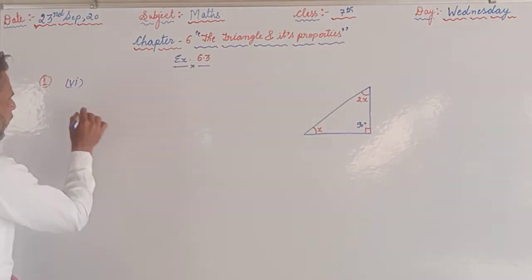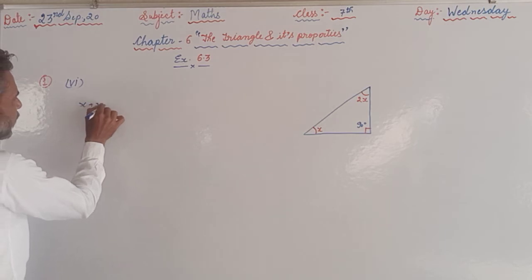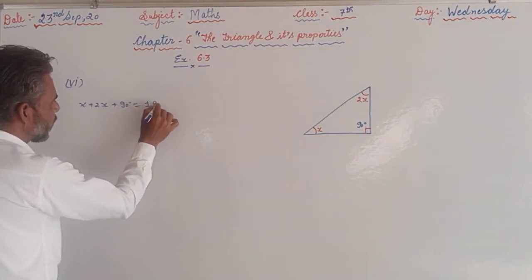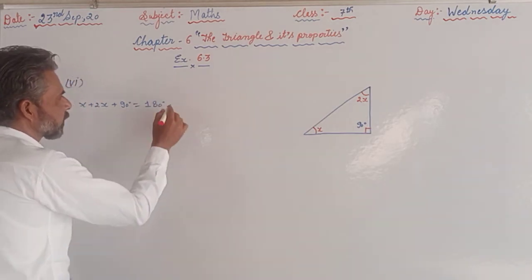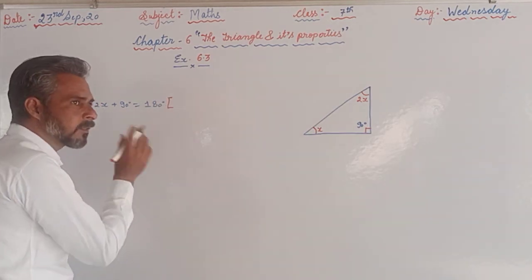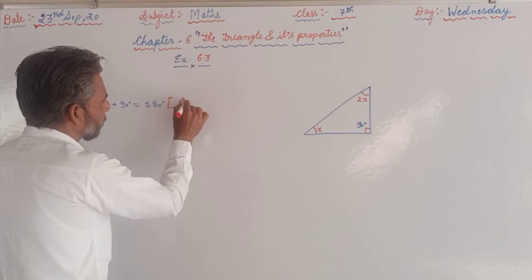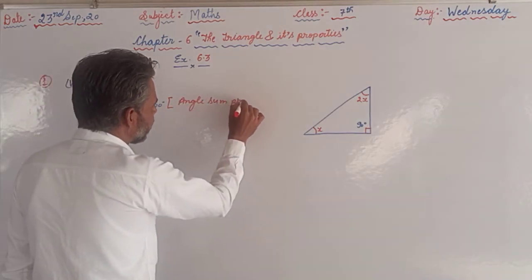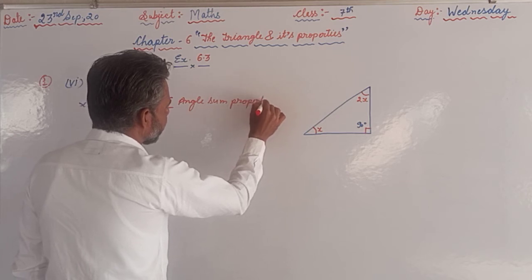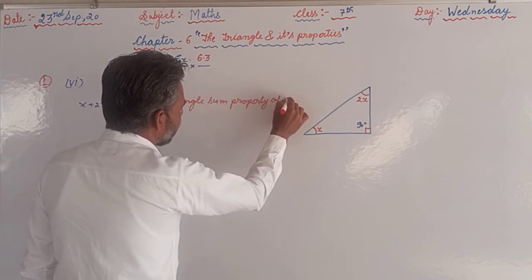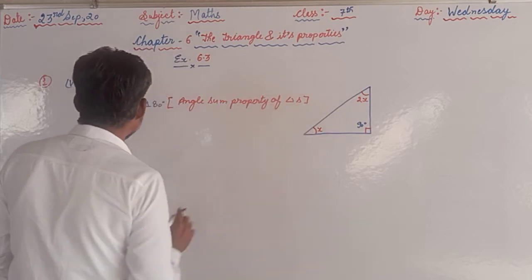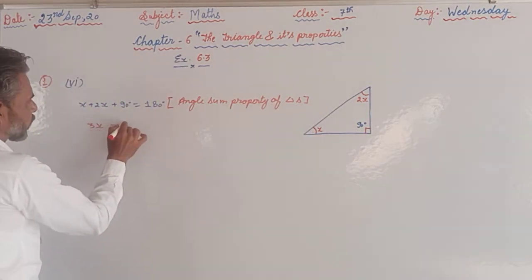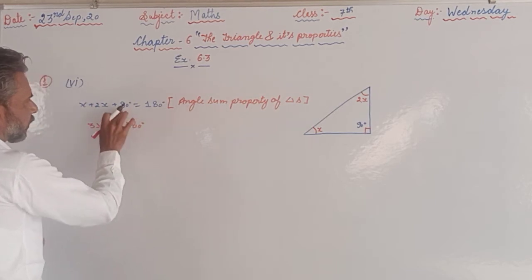Again we are supposed to write x plus 2x plus 90 degrees is equal to 180 degrees. Again the same procedure. Why are we writing that statement? Angle sum property of triangles. So 2x plus x, 3x is equal to 180 degrees minus 90 degrees,